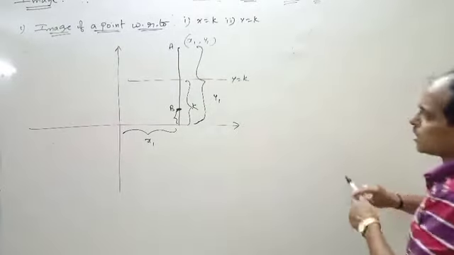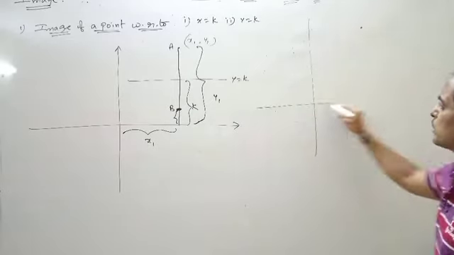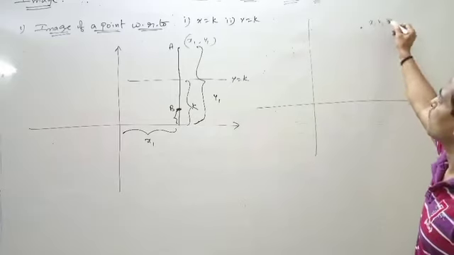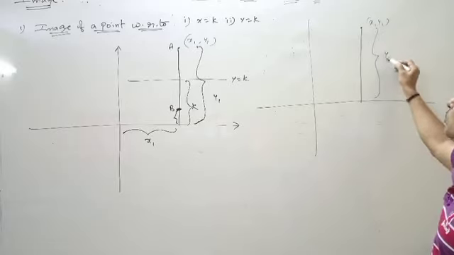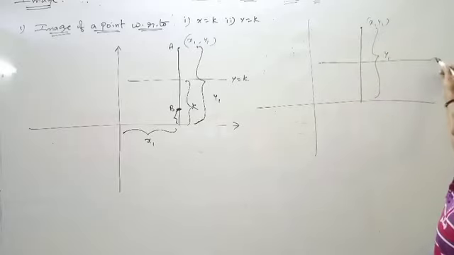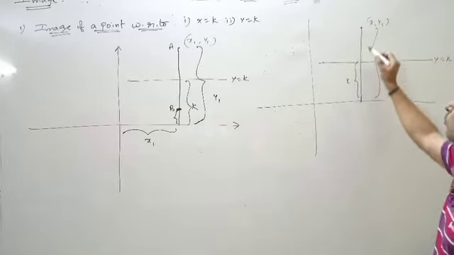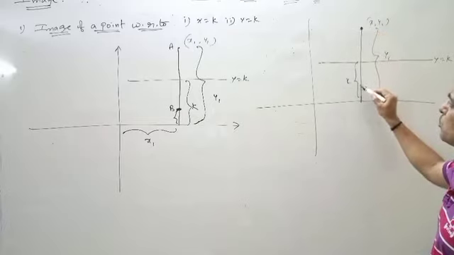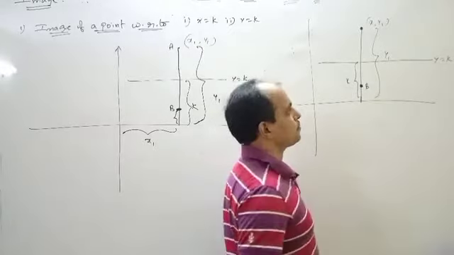Okay, draw the diagram once and see, do not get confused. Here is a point, look carefully for a moment. This is (x1, y1). So the entire distance is equal to y1, and here is a line y is equal to k, which means the distance is equal to k. But the image of this point with respect to it, like here only, is the point we need to find. Okay? Now we are going to find this point.